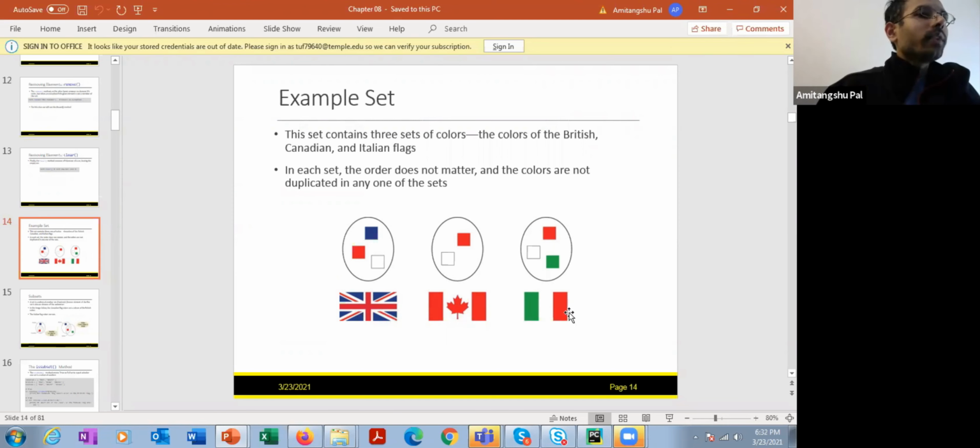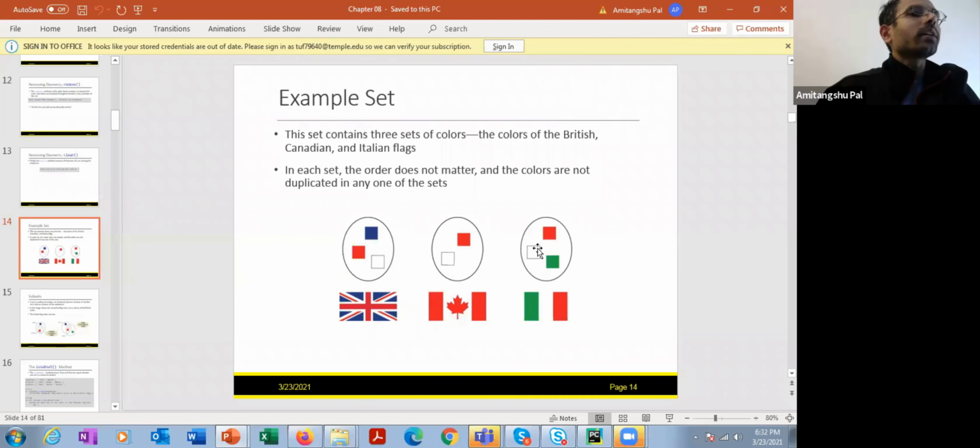Here you can see 3 flags, and inside these 3 circles, you can see some colors. So these are basically a set of colors in the corresponding flags. The first one shows the set of colors in the British flag, then the set of colors in the Canadian flag, and the set of colors in the Italian flag.